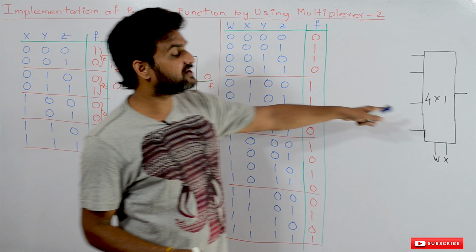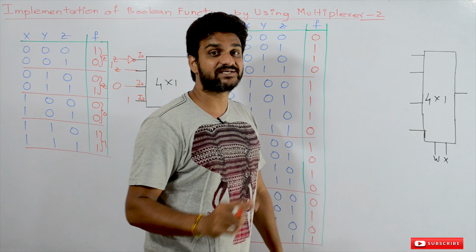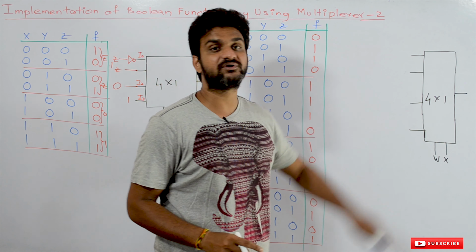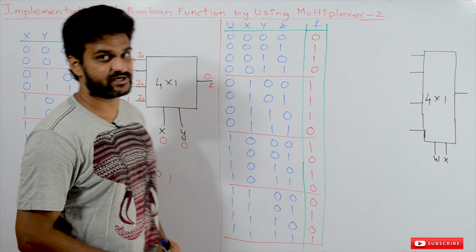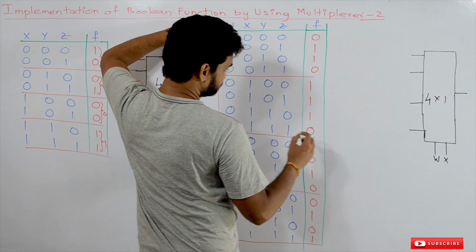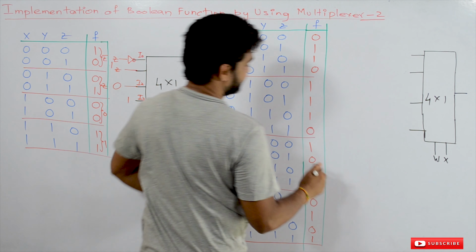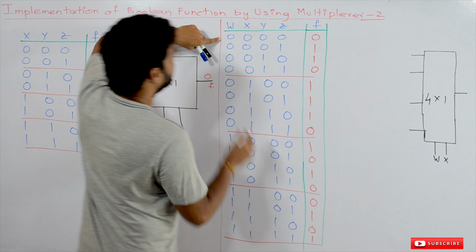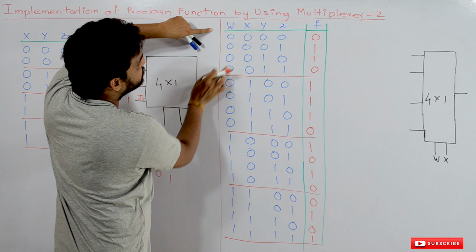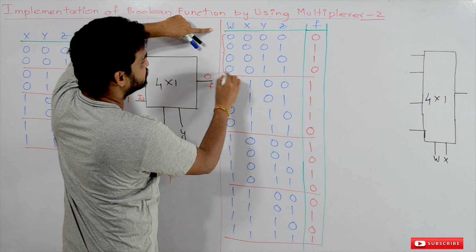But what is the size of the given multiplexer? It is just a 4 by 1 multiplexer. How will it get implemented? See here. So here the value of WX has been taken. Now whenever the value of WX is 0 0,